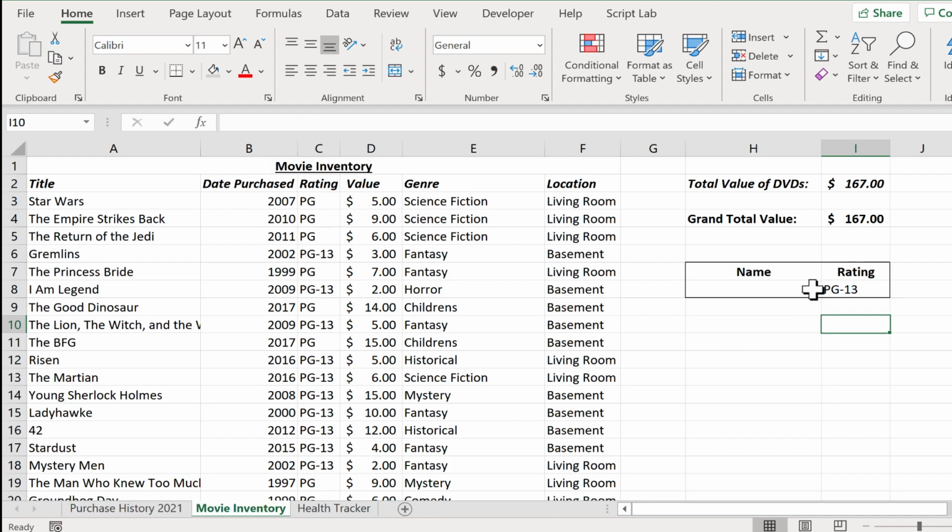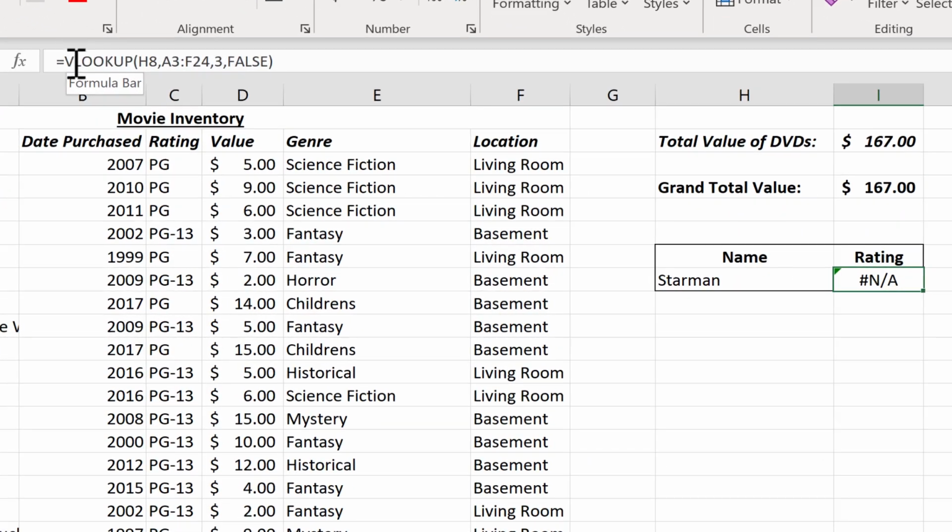I can make it so that if I type in a movie that's not in my collection, I don't get this ugly error message. The way that I would fix that is I would click on the cell and change the formula. In front of VLOOKUP, I'm going to click. In front of the V, I'm just going to type